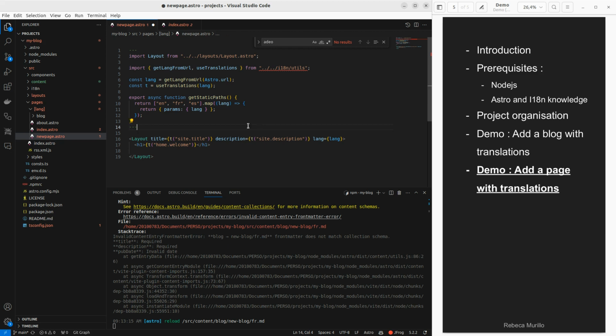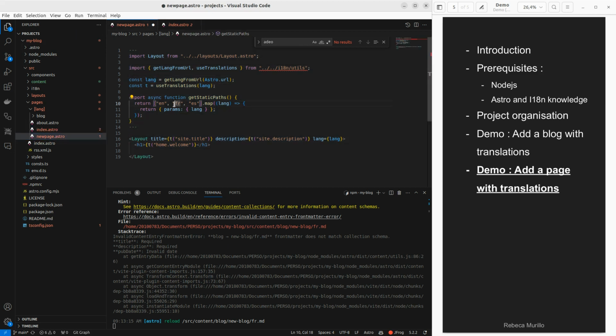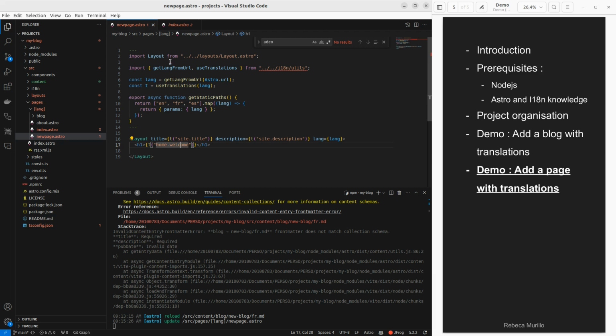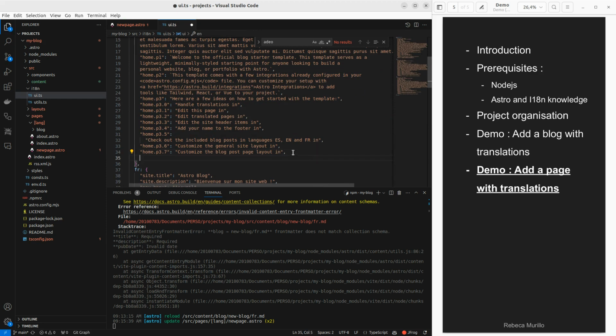with the layout, the language, and the different languages. So I'll add a translation over here, new page, welcome. I'll say new page title and new page description. And I will go ahead and create these translations. So I have a new page in English, new page welcome. I'll have Copilot help me